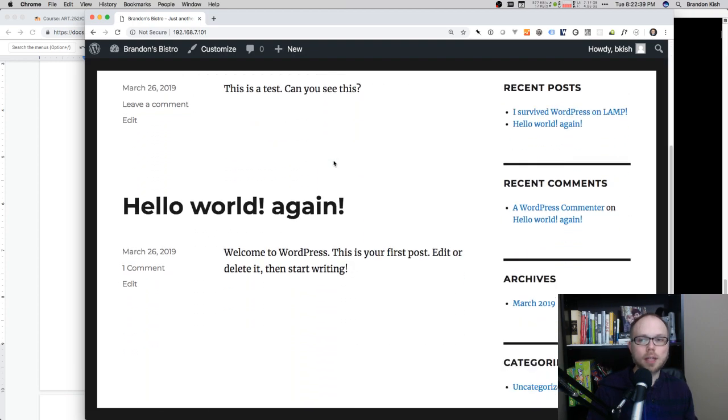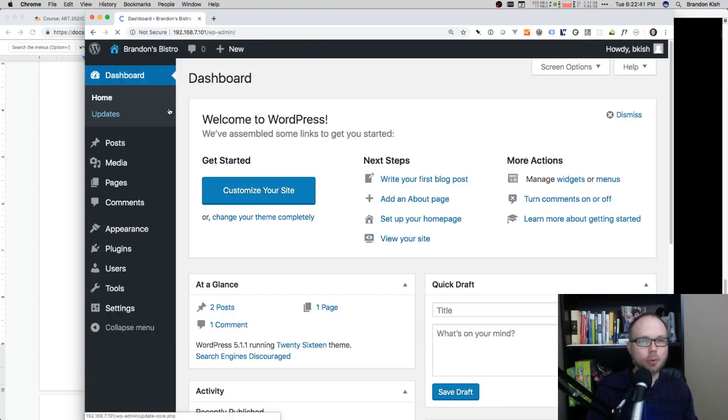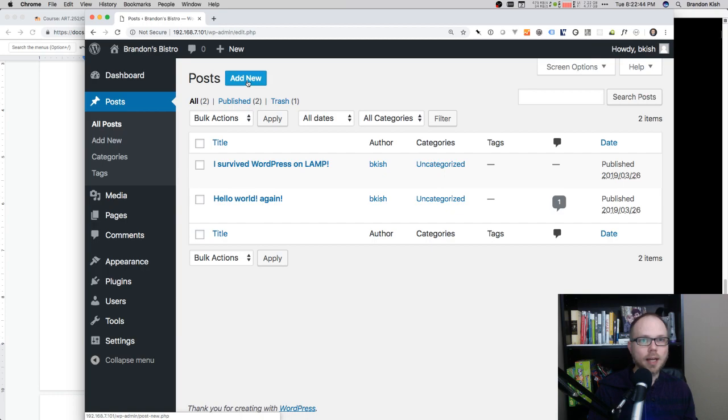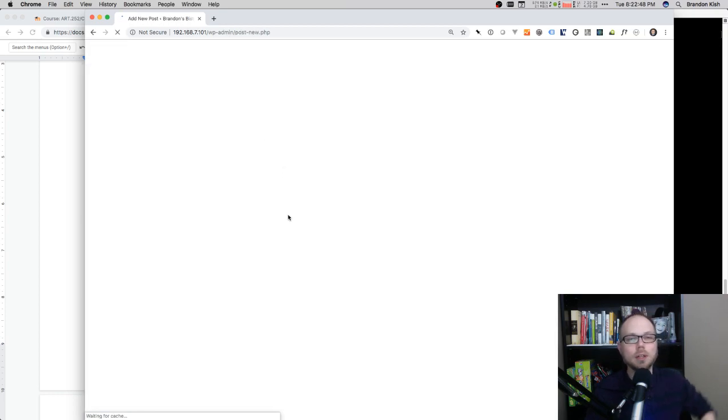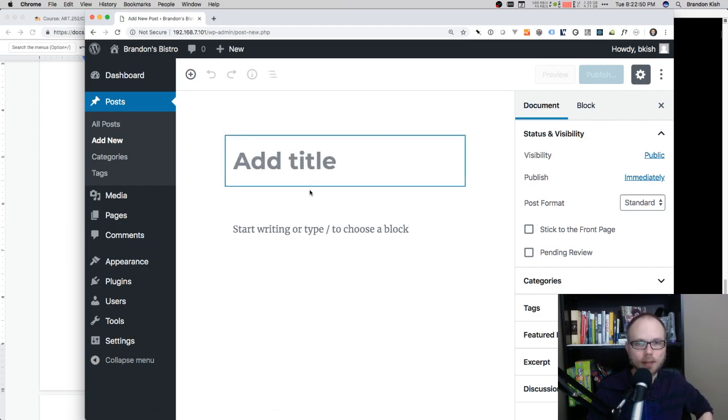If I'm logged in and I go to my dashboard and I go to post and I add a new one, it is automatically, as soon as I click add new, going to be creating a post for me, and then I can type in values. And in the background, when it's automatically saving, it is handling either, if it's a brand new post, inserting something, or if I'm changing one, it would run a different query to update it. So that's what's happening with the forms that are being displayed on this WordPress web page.